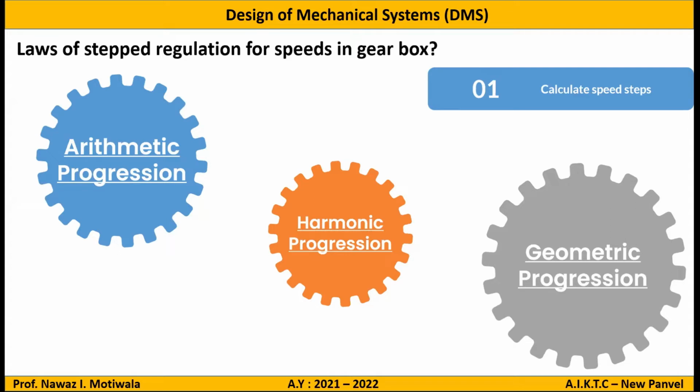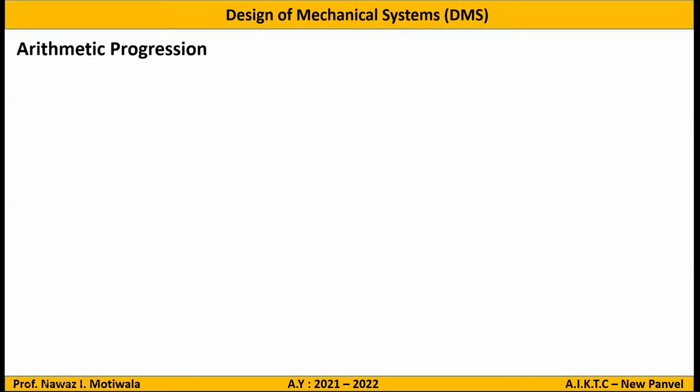Okay, again the forum is open to your side. What do you mean by the term arithmetic progression? The difference between two consecutive numbers will be the same. Correct, perfect answer. The difference between two numbers, or if I go into more technical terms, the difference between two consecutive numbers will be the same or constant. Am I correct? Yes, sir. Because if you tell only two numbers, it can be anything. So I have made one technical change in that: the difference between two consecutive numbers should be the same.